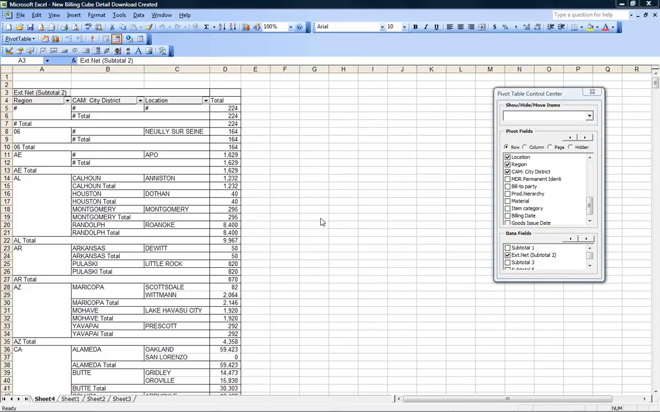This is a demonstration of how to use the Pivot Table Control Center to rename pivot fields and pivot field